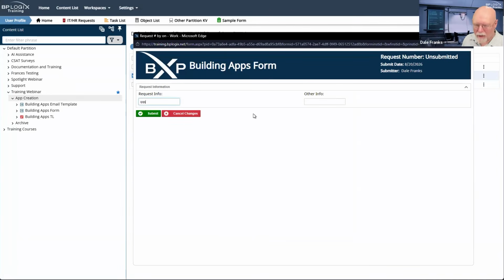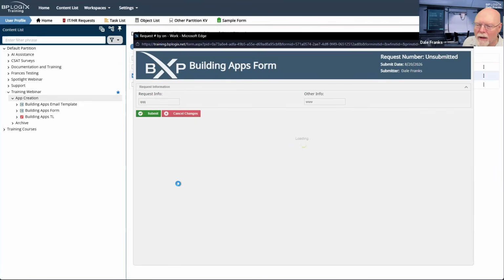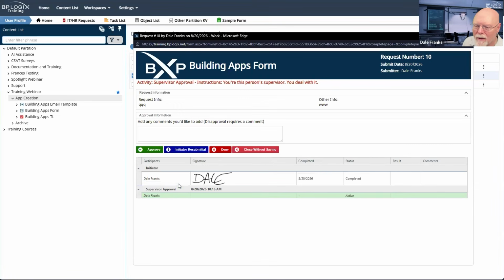QQQ, www, I've got information, and we are going to have to talk about this in terms of our email template in just a minute, but we'll get there. I'm going to go ahead and submit my form. So my form is submitted. I am now in the supervisor approval activity.